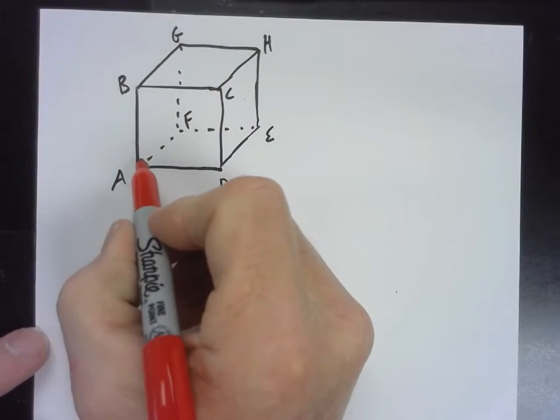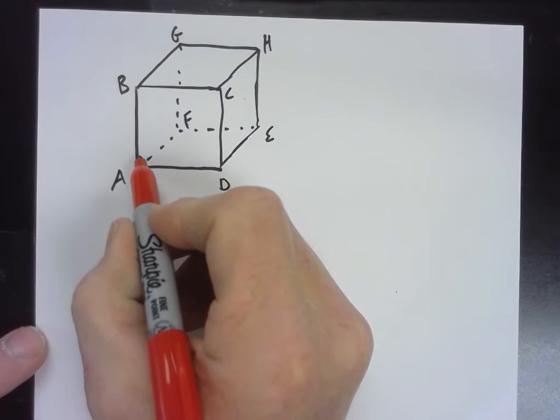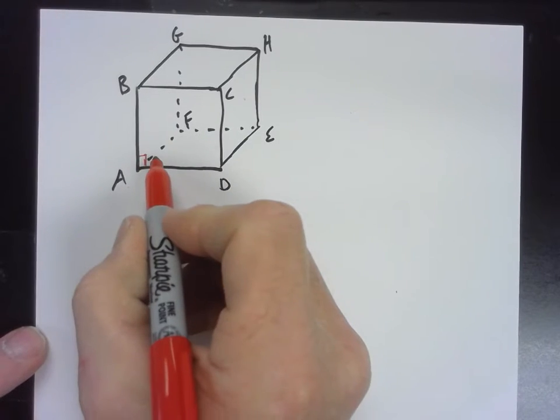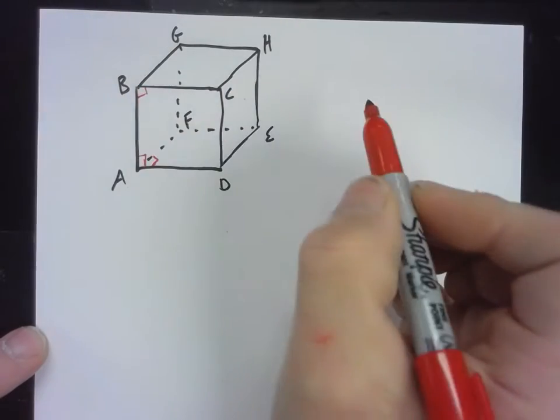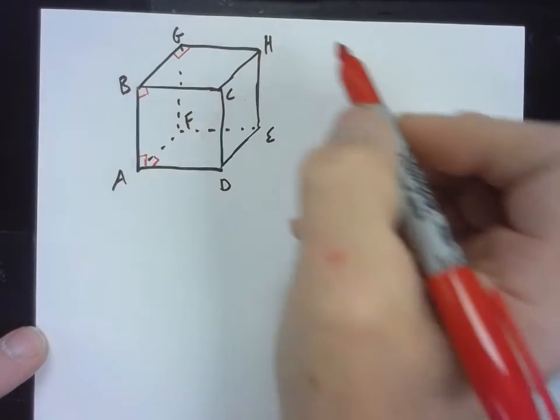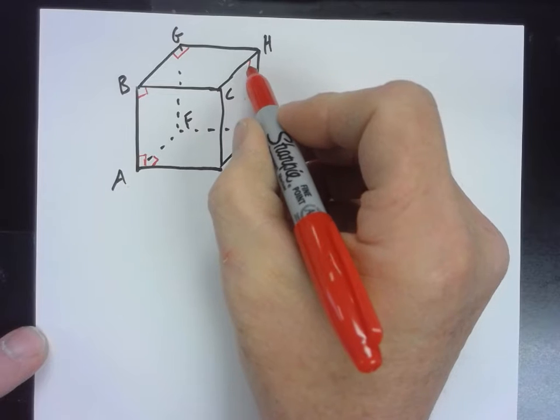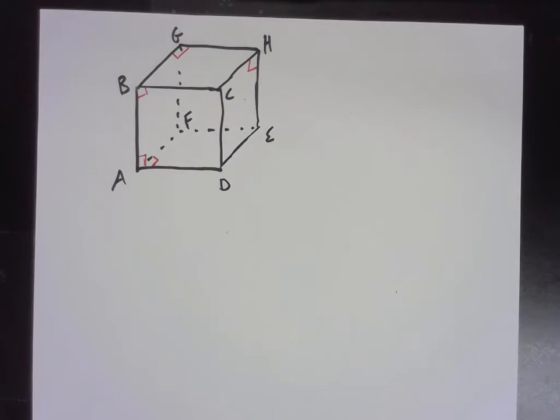And this is a cube, so this is a right angle right here. These two are intersecting at a right angle. These two are intersecting at a right angle. These two intersect at a right angle. Everything is intersecting. Those are all perpendicular lines, aren't they? And if you choose any two of them,